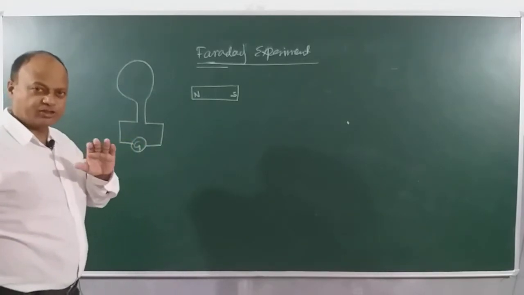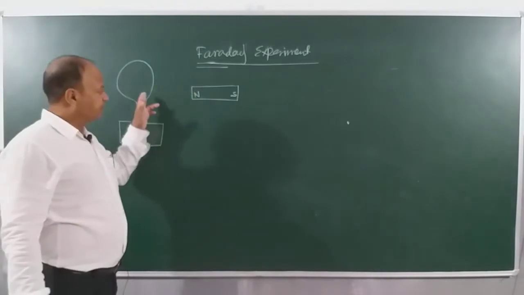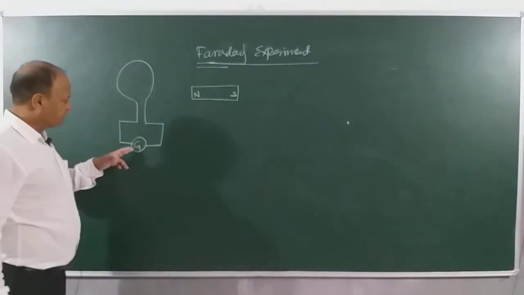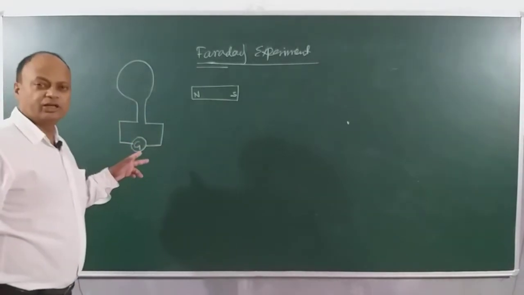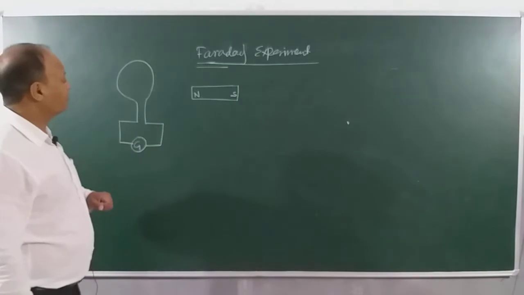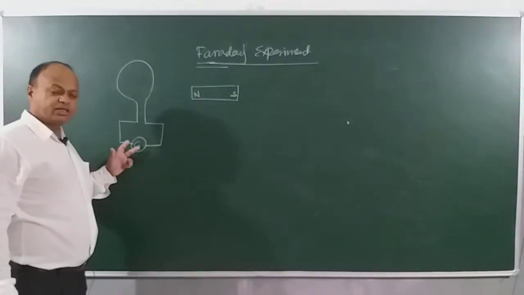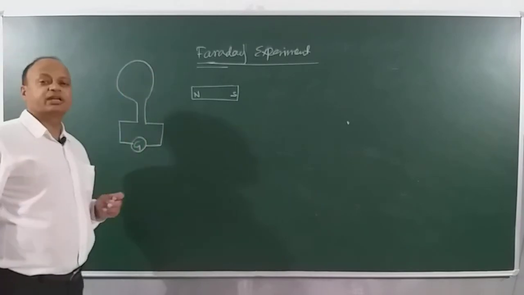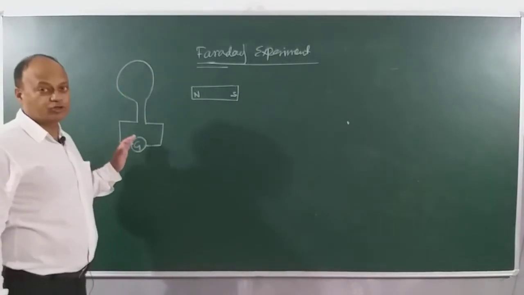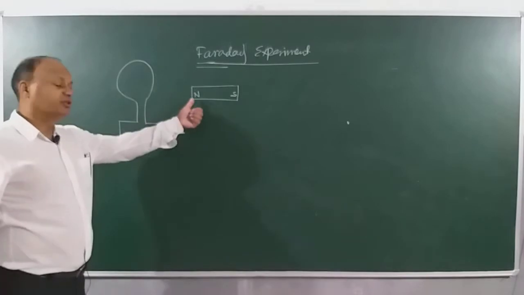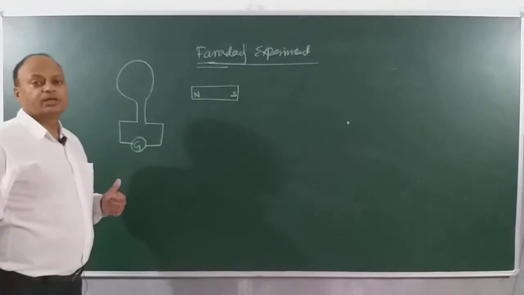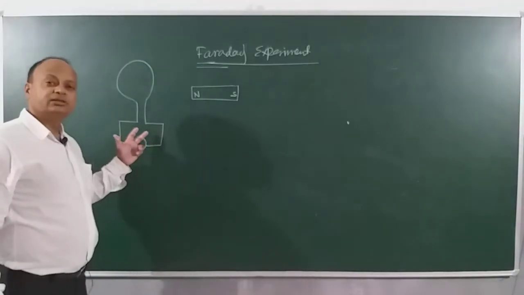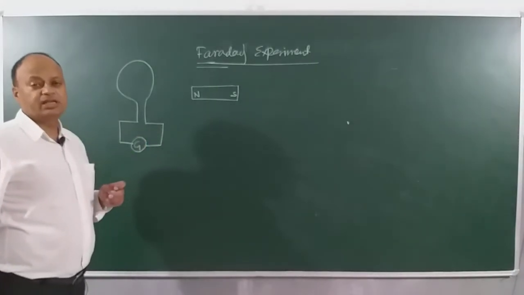Right? See the observation. When he began moving the magnet towards the coil, he found that there was a deflection in the galvanometer. Right? If there is a deflection in the galvanometer, it obviously indicates there is a current flowing in the circuit, and you can see that in the coil here we have not connected any source of current. There is no battery connected whatsoever. So the question is, if I am moving the magnet toward the coil, then why am I noticing a current in the circuit and what factor is responsible for it?